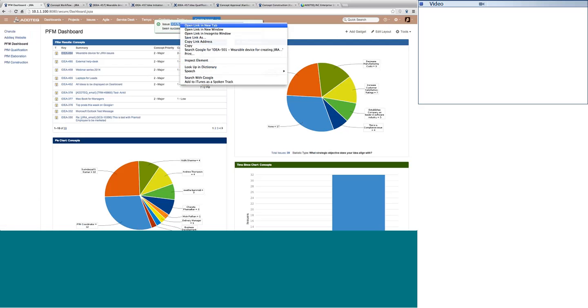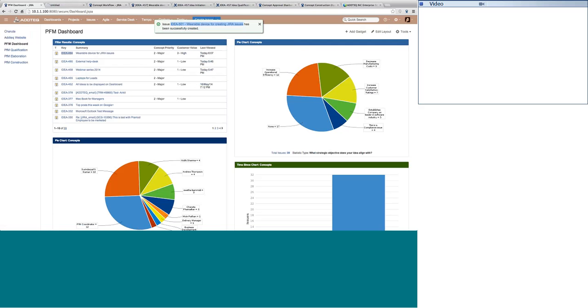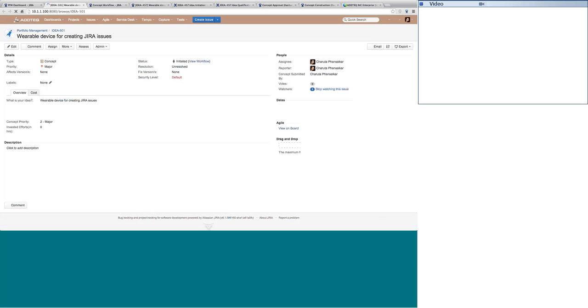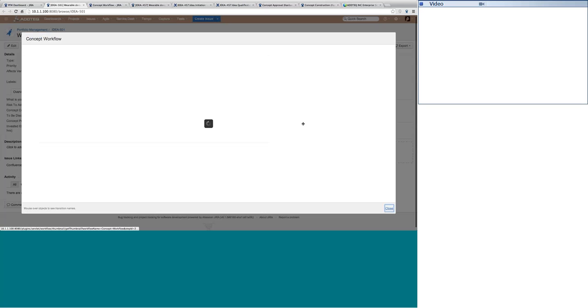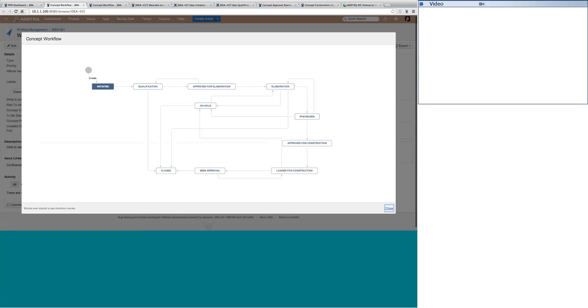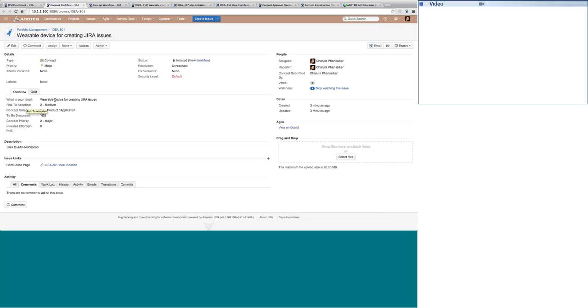So this is the view of the Jira ticket, or the concept that I captured. It is in initiated status right now. It has got a workflow associated to it. So this is going to tell us the roadmap of the entire concept, or the path or life cycle through which my idea or concept travels. You can also see that the overview that I have captured in the first screen has all been mentioned. At the same time, you can see that there is one page that got attached to this particular ticket.